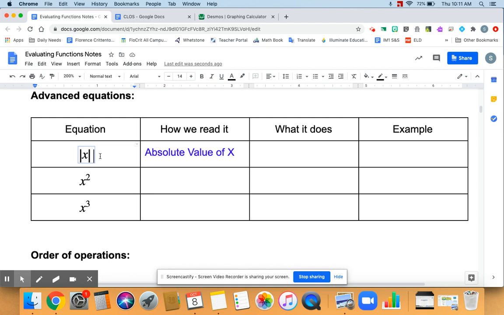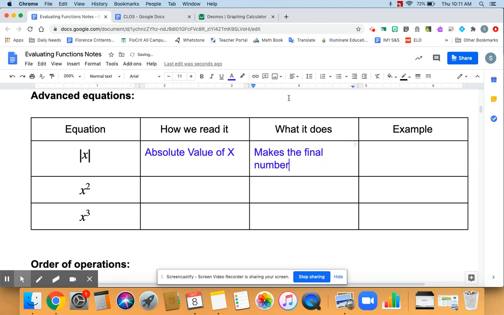If there's something else in there, like a +1, then it would be the absolute value of x plus 1. But right now, it's just the absolute value of x. And what it does is it makes the final number positive. So what the little lines on the outside tell you is once it's down to one number only, like for example,